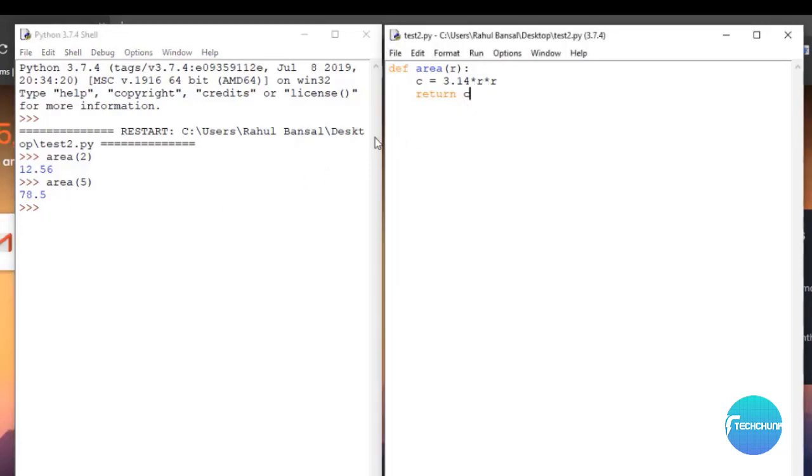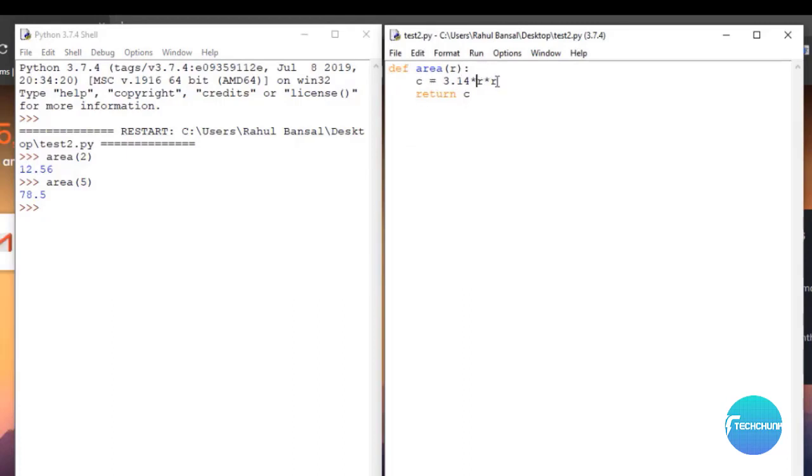Now let's see how this function is actually working. This is called calling a function. To use a function, we call it. When we call a function, the code inside that function gets executed. Here the code is c equals the formula pi r square.